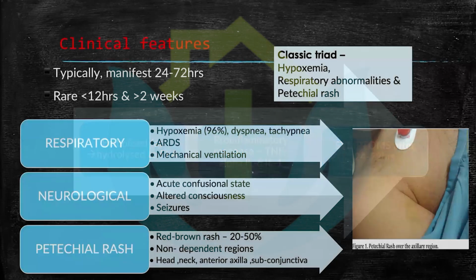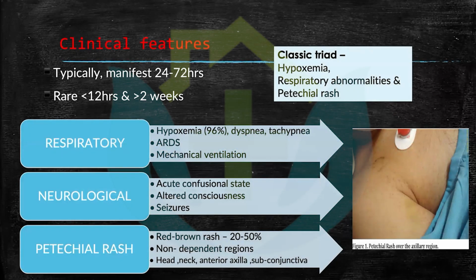The clinical signs are mainly the triad of hypoxia, skin manifestations like petechial rash, especially in the upper body part, the upper torso, and altered sensorium. So if these classical three features are present in a patient who has a long bone trauma, usually within 24 to 72 hours, that is classical of fat embolism syndrome. So this is very important to note. Each and everything can be asked in the exam.